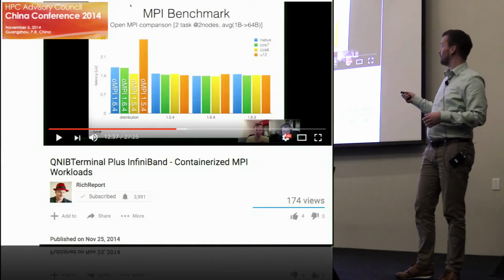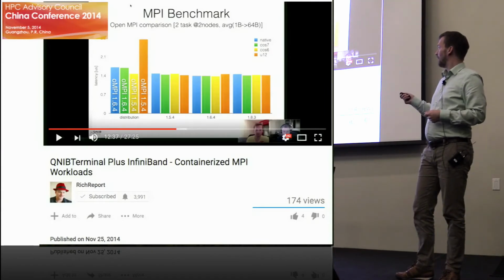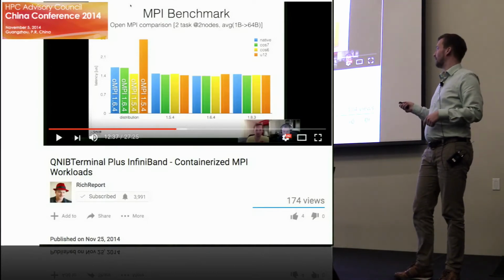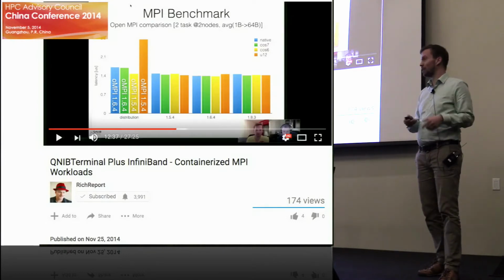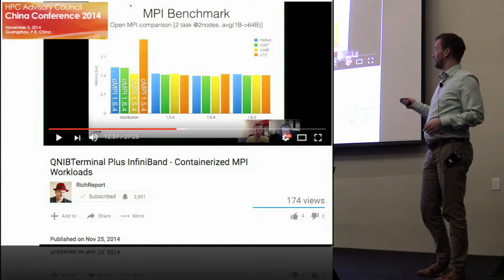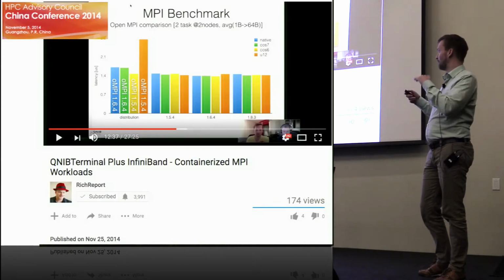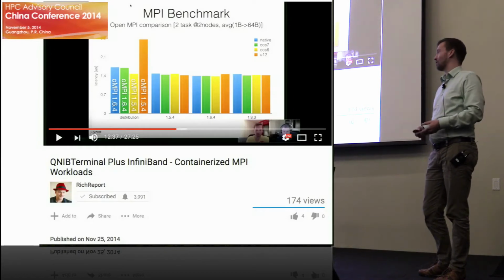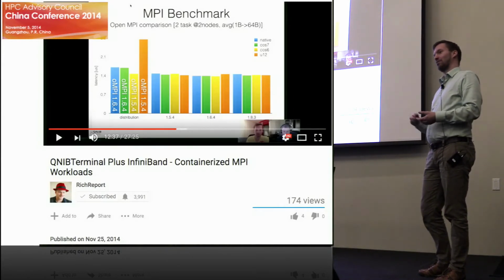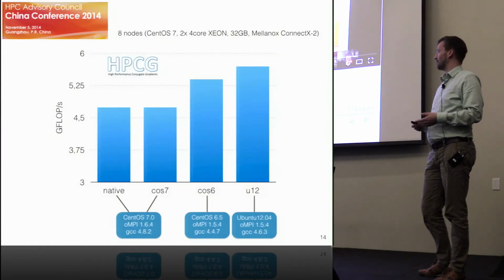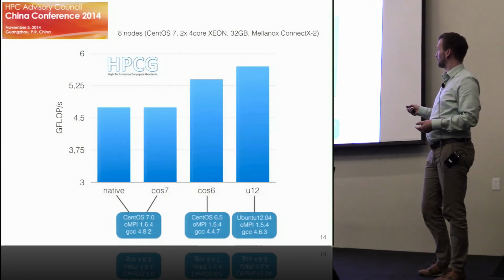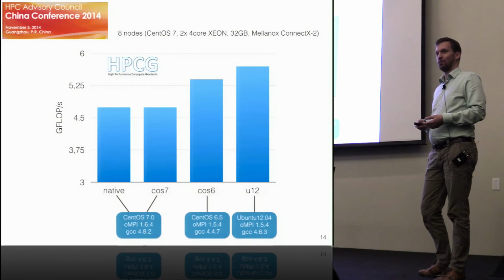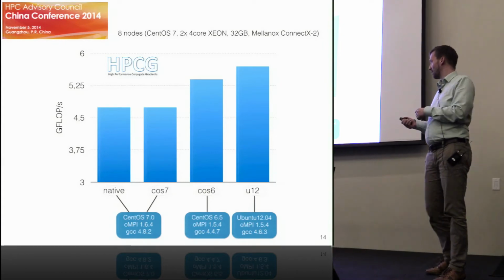lens. So what I did in 2014 when we were in China, I used a very alpha-ish version of CentOS 7 on the host, and I used a very mature version of CentOS 6 in the container. What I could show was that the native version and the container with CentOS 7 had similar performance, but the more mature version of MPI and all the libraries within CentOS 6 were significantly faster than the bare metal host. And then I ran HPCG, and I got like 10% or 20% gain in HPCG performance running Ubuntu over